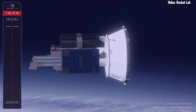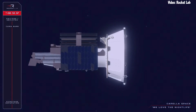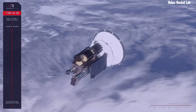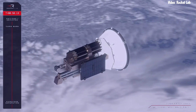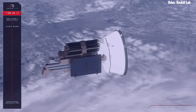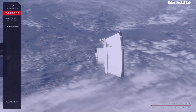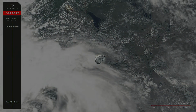And confirmed payload deployment. That was Mission Control on the nets. You might have heard there with the good news that we have successfully deployed Capella's Acadia satellite to its new home in space. Congratulations to the Capella team and all